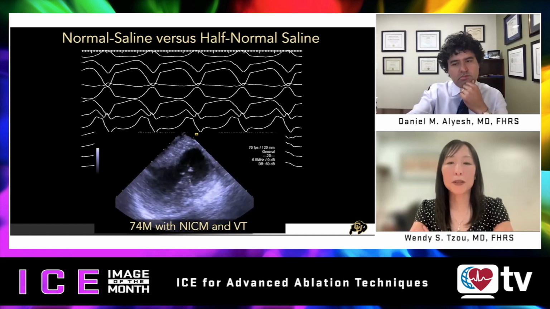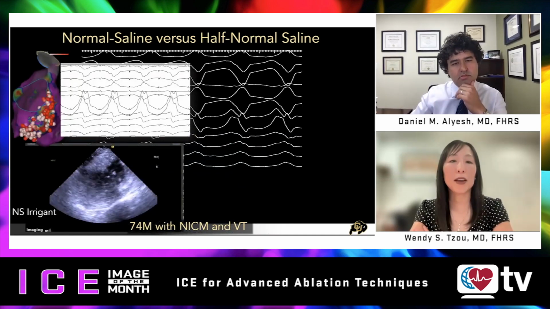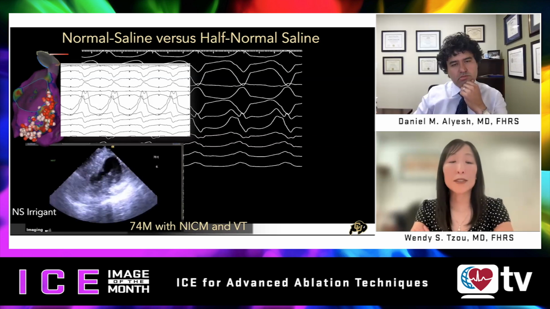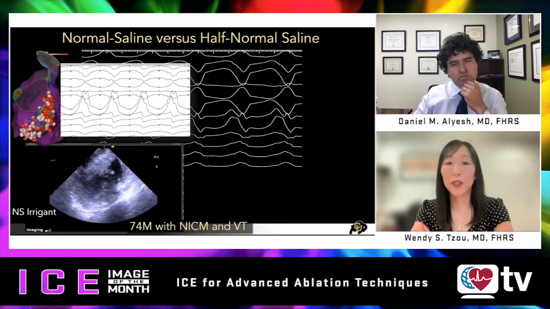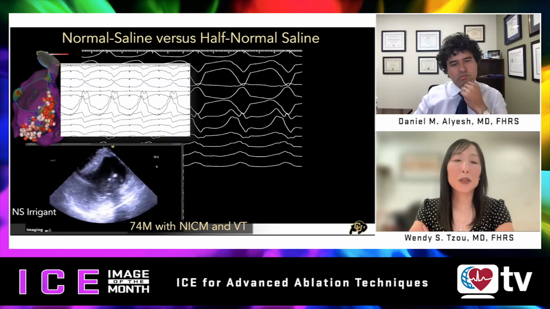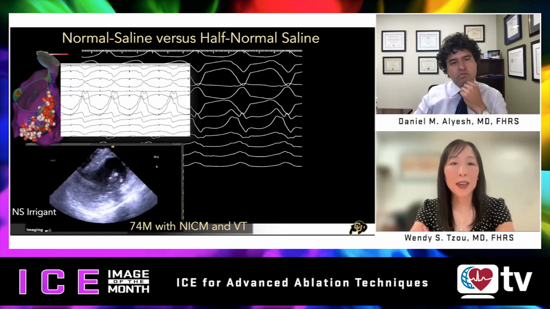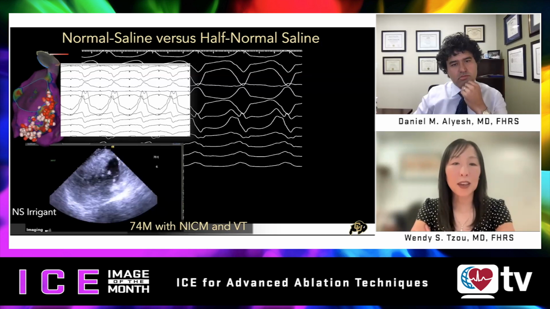And so as proof of concept of the utility of ICE, you can see that the first go around was with standard normal saline irrigant, pretty long lesions, titrating from 30 up to 50 watts. And with the higher powers, we would commonly start to get signs that were concerning for steam pop. And at the end, we were left with a lot of lesions, and you can see on the ICE image